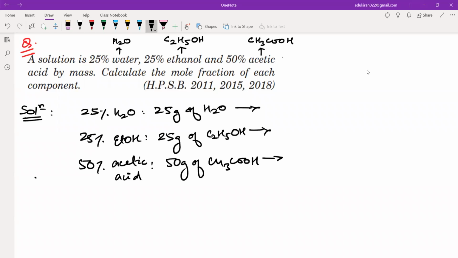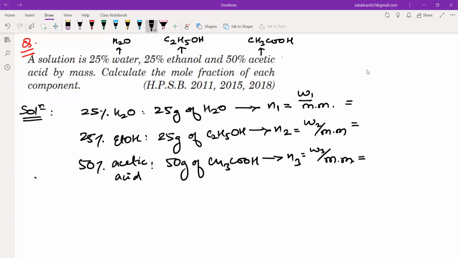नंबर ऑफ मोल्स। ठीक है। नंबर ऑफ मोल्स ऑफ H2O, नंबर ऑफ मोल्स ऑफ 1, 2 एंड 3। ठीक है। आप लोग बताइएगा नंबर ऑफ मोल्स ऑफ 1, नंबर ऑफ मोल्स ऑफ 2 एंड नंबर ऑफ मोल्स ऑफ 3। प्लीज कैलकुलेट द नंबर ऑफ मोल्स for all of them. It will be given mass by molar mass। चलिए calculate and tell me what is the number of moles for 1, 2 and 3।